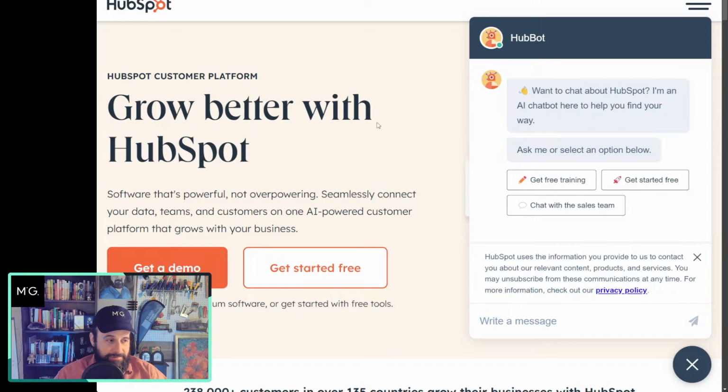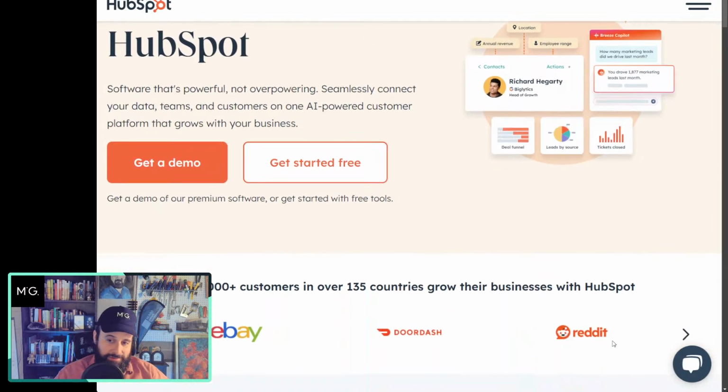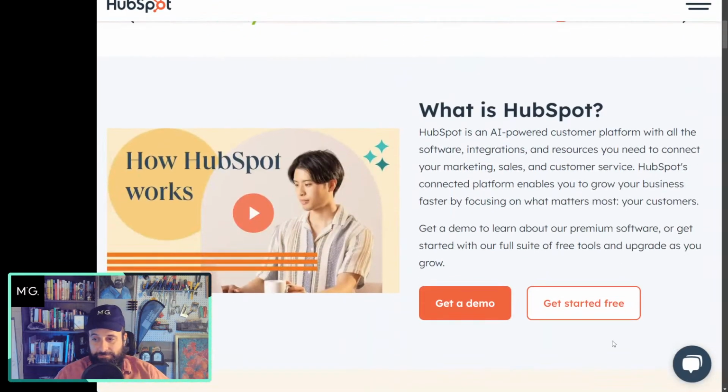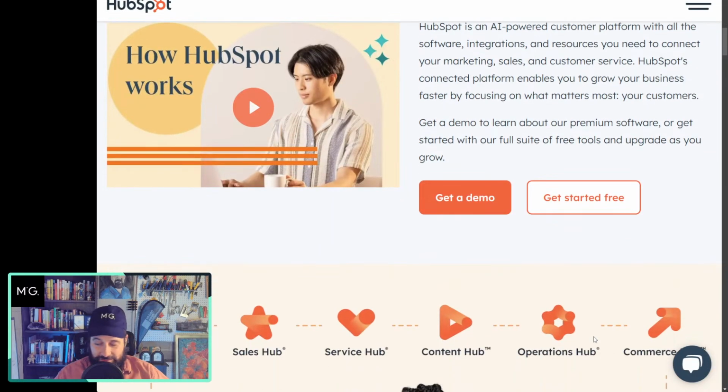HubSpot is a customer relationship management tool that companies use. That's basically a fancy database that does fancy things. Amongst that, it collects data, and then it incorporates other marketing, sales, and service tools to integrate one unified customer platform. With that, business owners, marketing leaders, and sales leaders have a